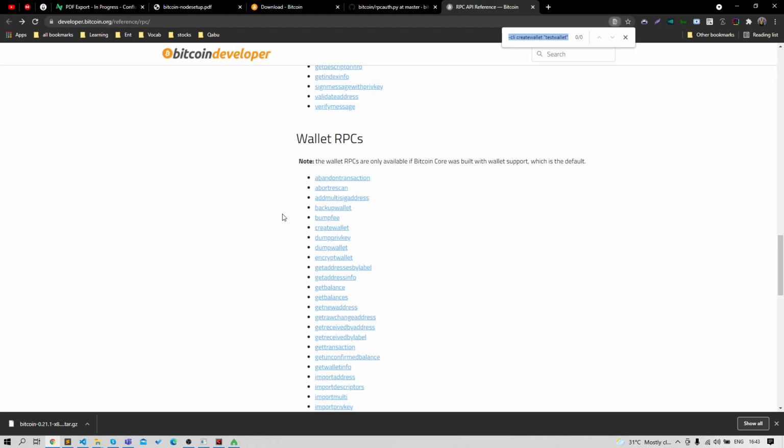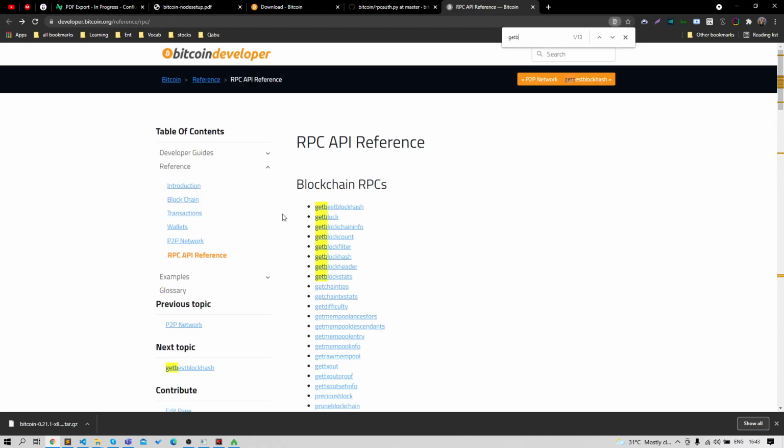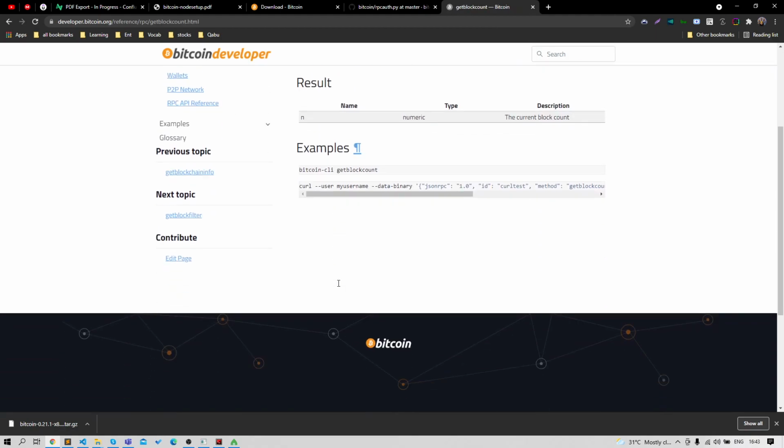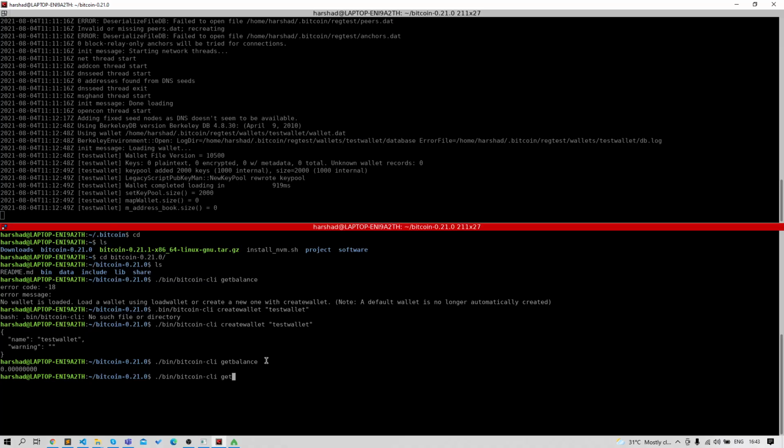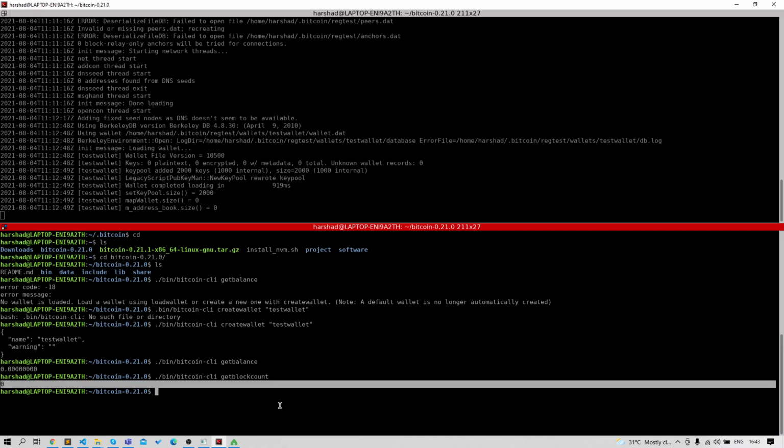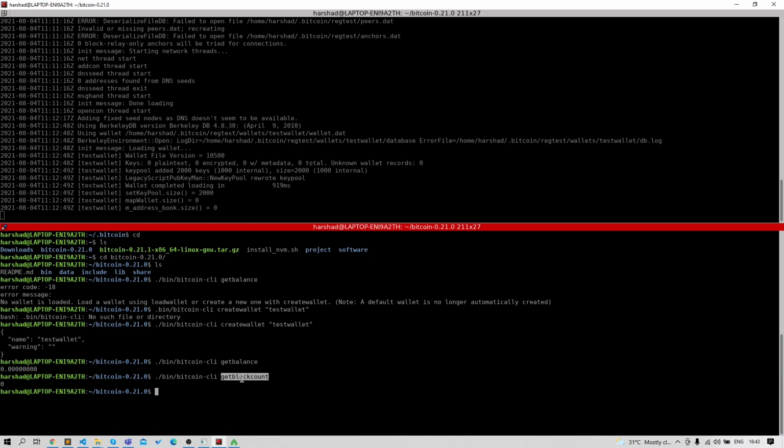If we reference this document, here we have the RPC call getblockcount to get the number of blocks we have created so far. Use this RPC call to get the latest block number. You see that it is zero, meaning no block is generated so far in our regtest environment in our local system. Once we start mining in the local system with regtest, it will generate blocks. I will show you that mining portion later in this video.